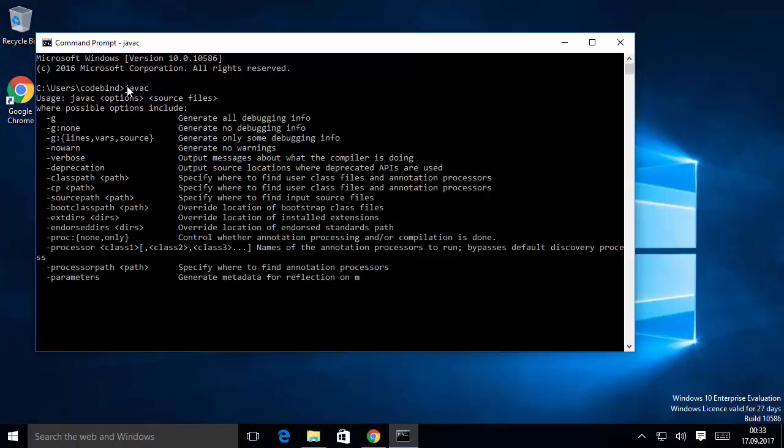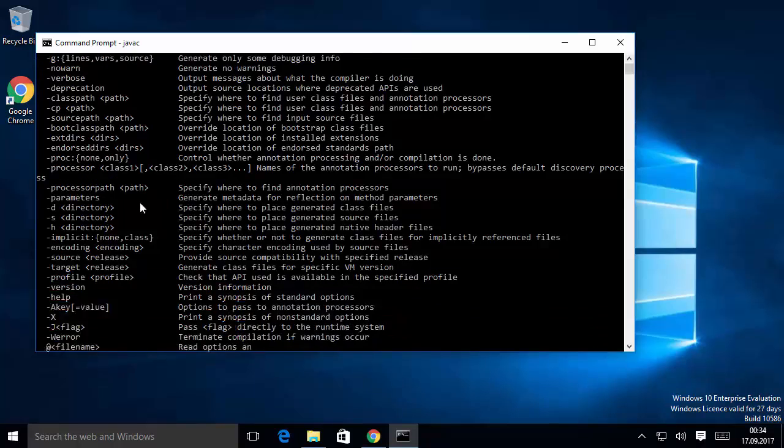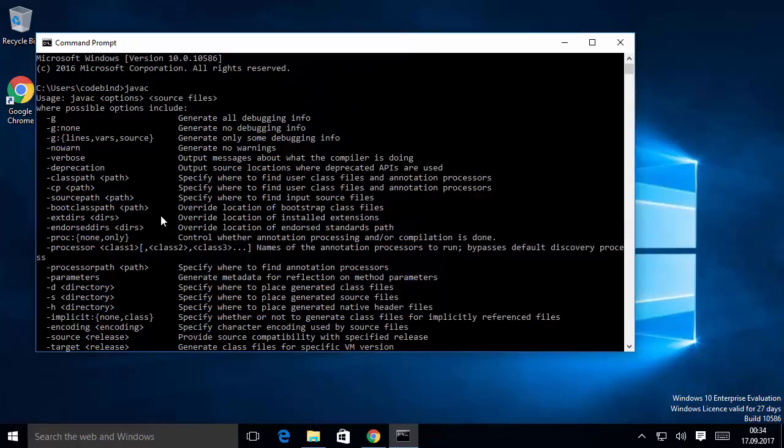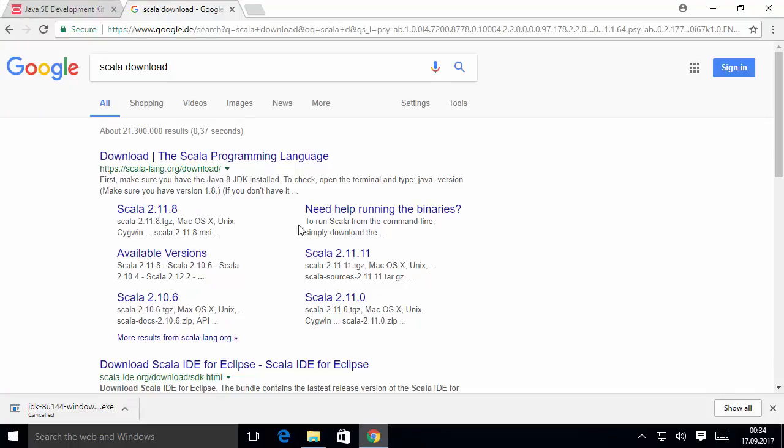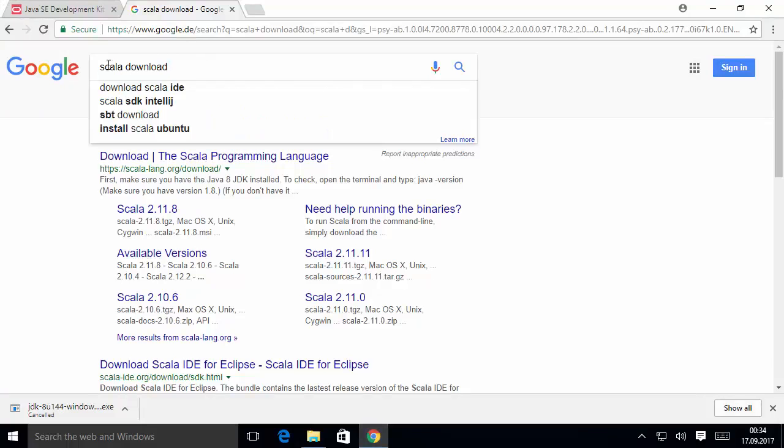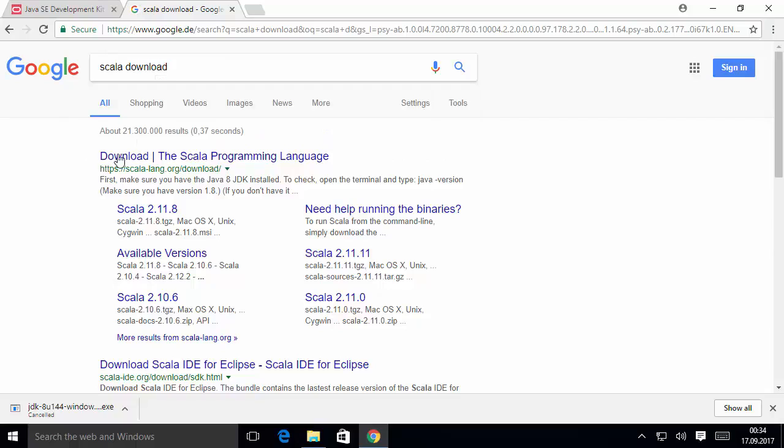And now you can see there is a big list of commands which are printed here, and it says usage, javac options and source file. So javac command is used to compile the Java source files, so it's showing us the correct usage of javac. So that means Java is already installed on our system, and now we just need to install the SBT. So let's go to the browser once again, and this time search for Scala download,